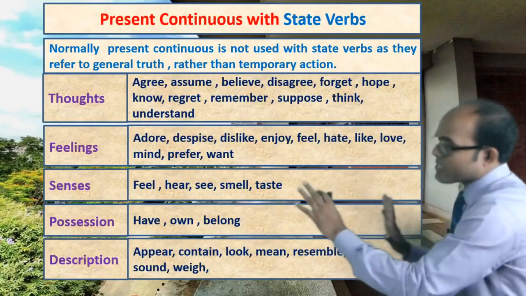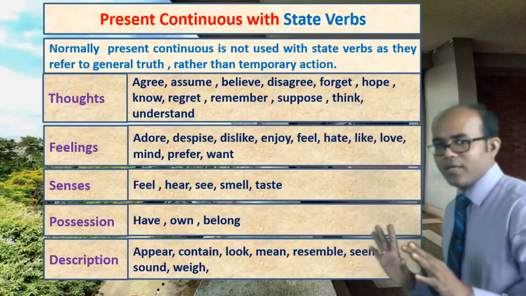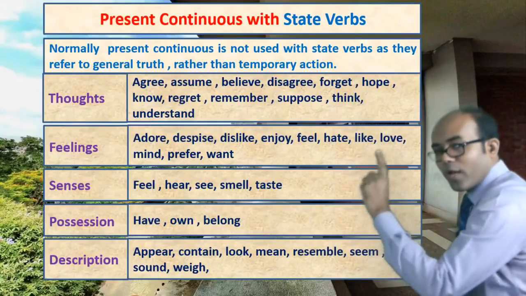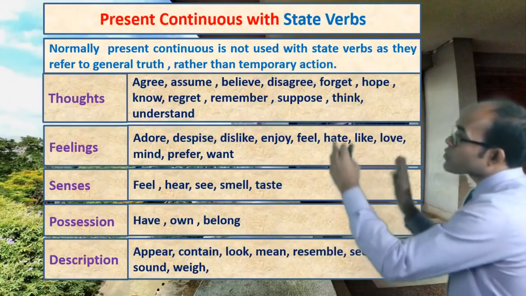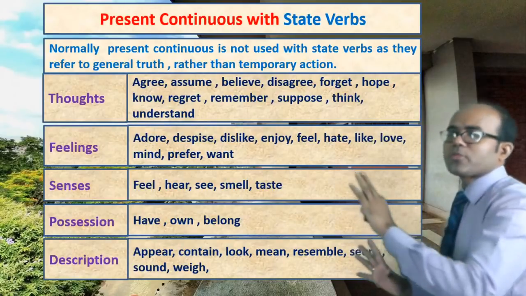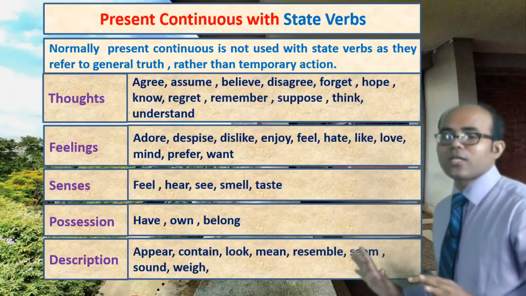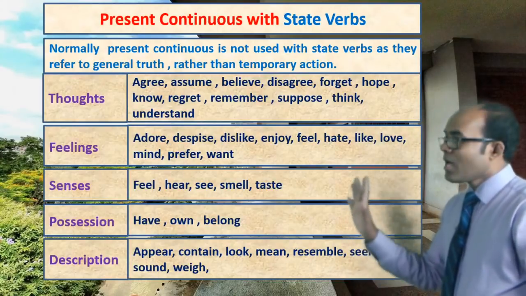And the description, see the words: appear, contain, look, mean, resemble, seem, sound. These are the words. এই শব্দগুলোর সাথে আমরা কন্টিনিউয়াস টেন্স ব্যবহার করি না। তো এই শব্দগুলি ভালো করে মনে রাখবে। These are state verbs. এগুলো সব সময় জেনারেল ট্রুথ ডিসক্রাইব করে, তাই আমরা এই শব্দগুলোর সাথে কন্টিনিউয়াস ব্যবহার করি না, ডিয়ার লার্নার্স।